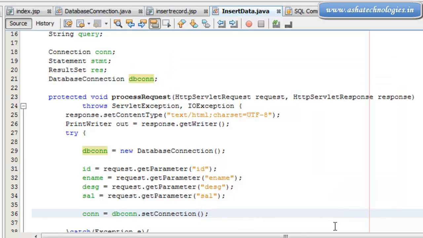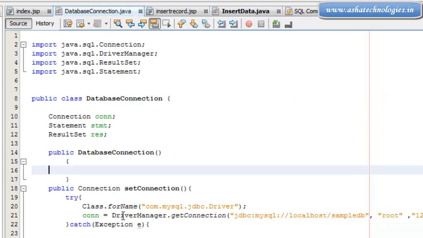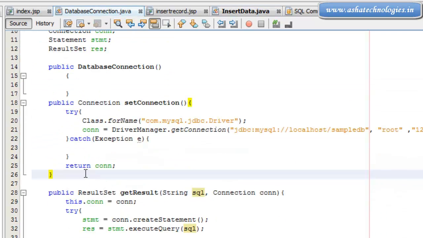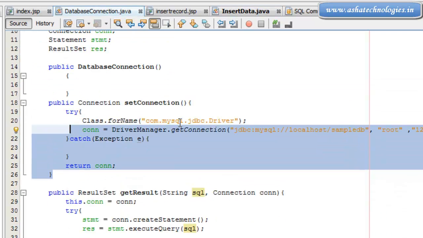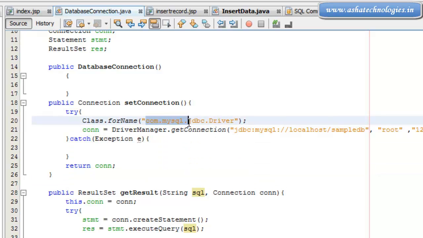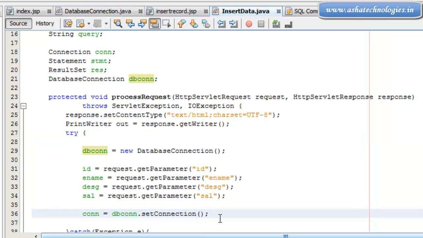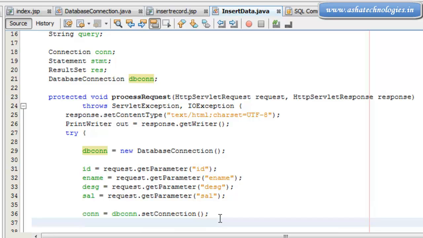So this method, the set connection, was created in the DB connection in the previous tutorial, and it returns the connection to the specific database, com.mysql.jdbc. Our database is supposed to be this one, sample DB. Inside this, after establishing the connection, I'm going to go with